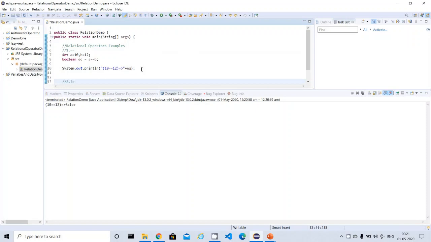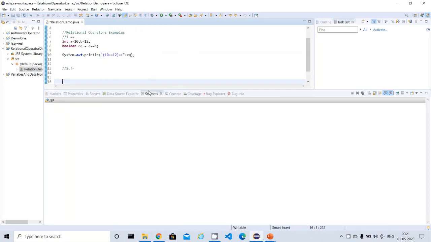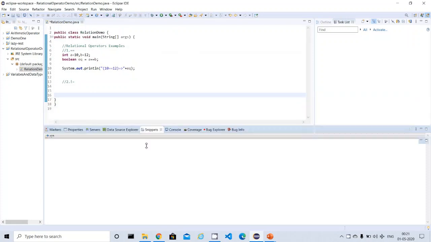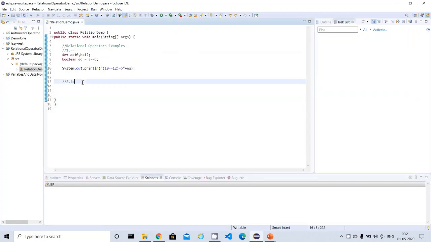Not equal. So basically here I want to compare two operands to check whether they are not equal. That's my main agenda. So I need to check whether these two are not equal or not, right? So let me take another pair of integers. I have two integers, x equal to 7 and y equal to 9. Now I want to compare. So these two are not equal.